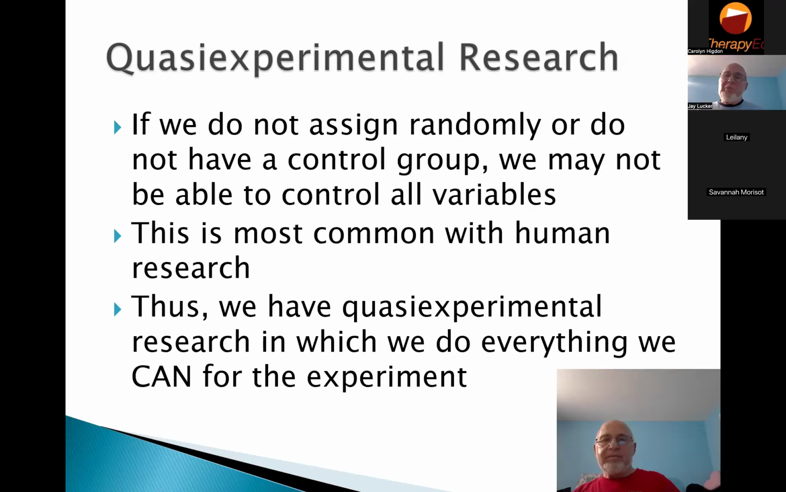So when we work with humans, very often we can't control all the variables. It's quasi-experimental. Therapy, treatment, two treatment groups. Imagine if one of the two treatment groups, all of the people in whichever group it is, A or B, or experimental control comparison,